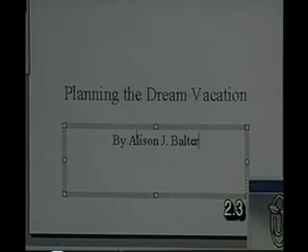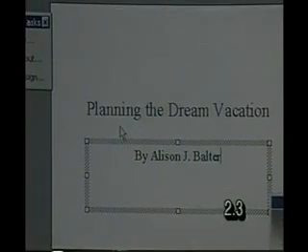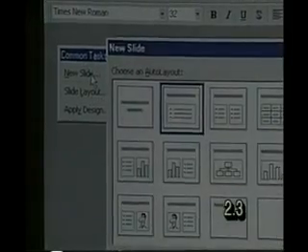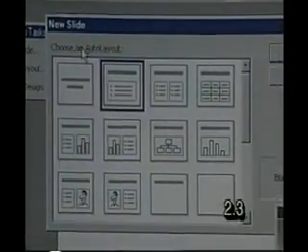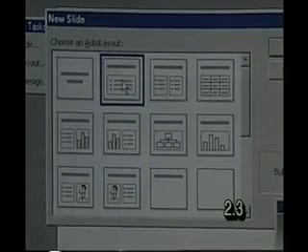To add a new slide, there's various ways we can do this, and we'll be covering these methods in the next section of the tape, but I can click New Slide right over here to create my next slide, and again, I can select an auto layout. I'm going to select this auto layout right here, which would give me a title and bullet points. We'll get back to this in the next section, but let me show you one additional way to build a